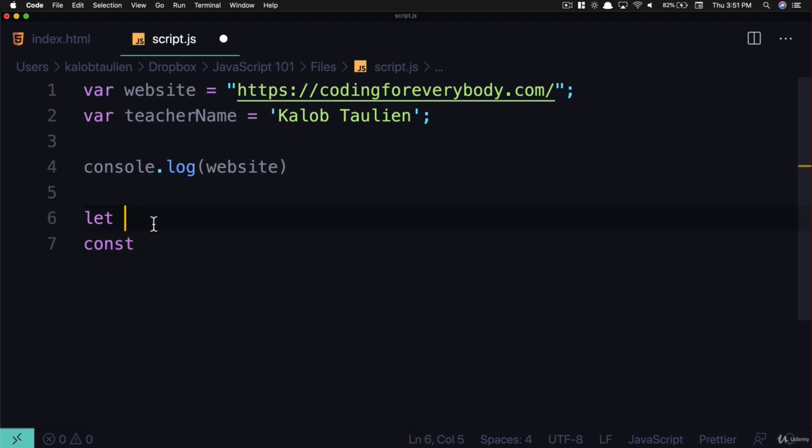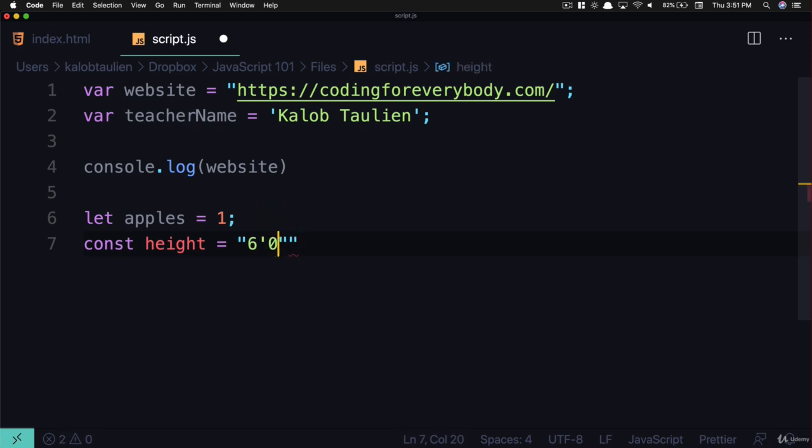So as an example, let, I have number of apples is equal to 1. I've got 1 apple right now. Const, this stands for a constant. A constant cannot be reassigned. And so we're going to eventually reassign apples so that there's 2, 3, 4, 5, 6 apples. But const, we cannot change that. What is something we cannot change? Height. My height is going to be 6 foot 0